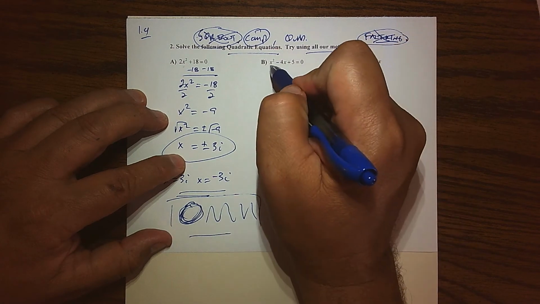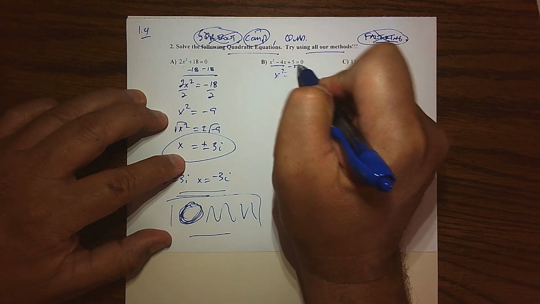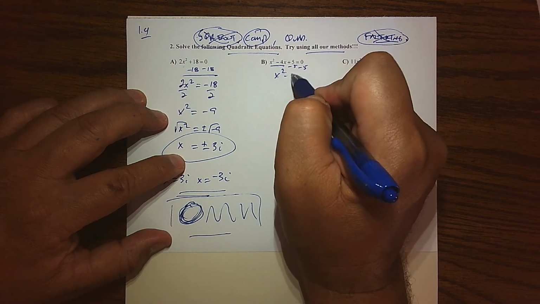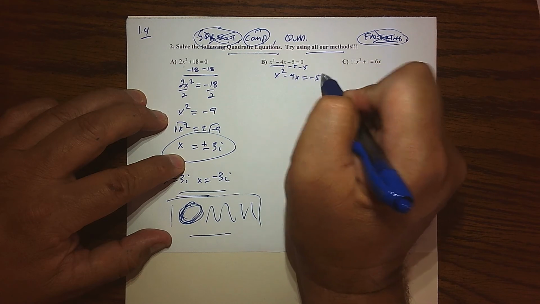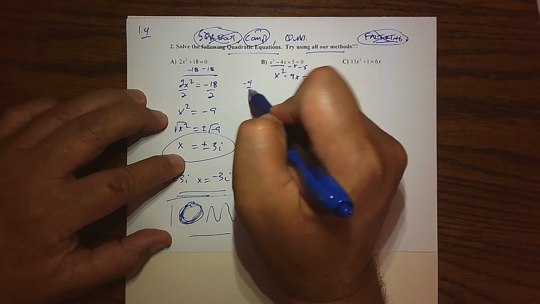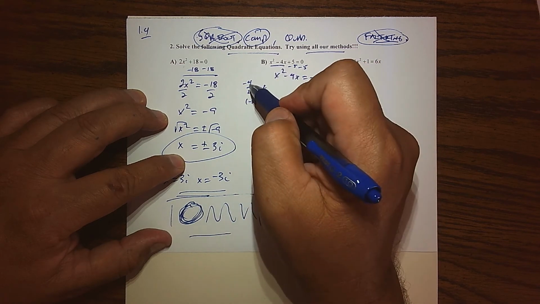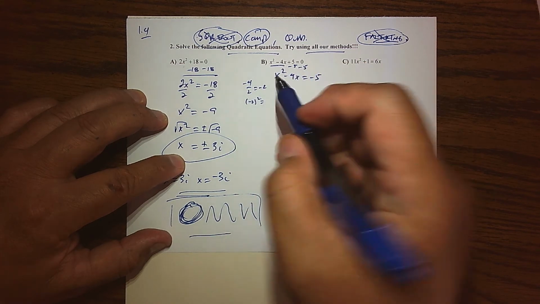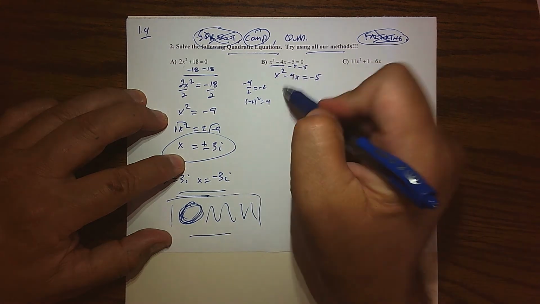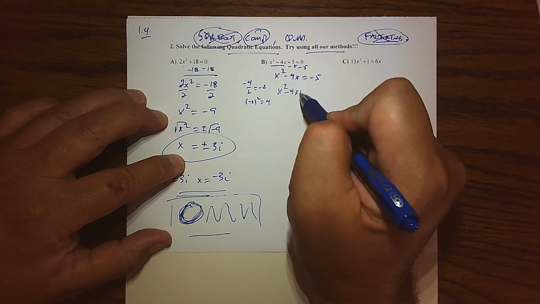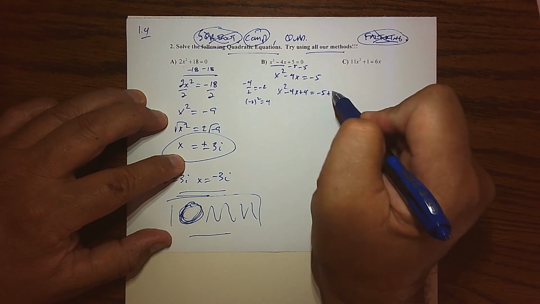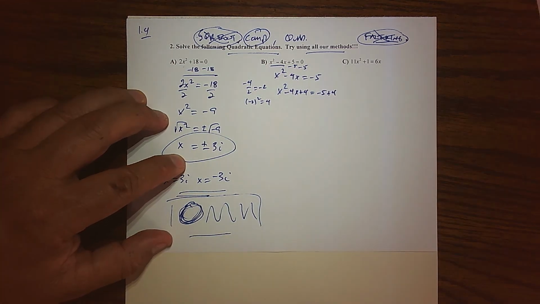So I'll begin by isolating these two pieces. I'll subtract 5 from both sides. We get x squared minus 4x equals negative 5. I'll take my negative 4 and divide it by 2, giving me negative 2. I'll square it, giving me 4. So to complete the square, I need to add 4, and to balance myself off, I need to add 4